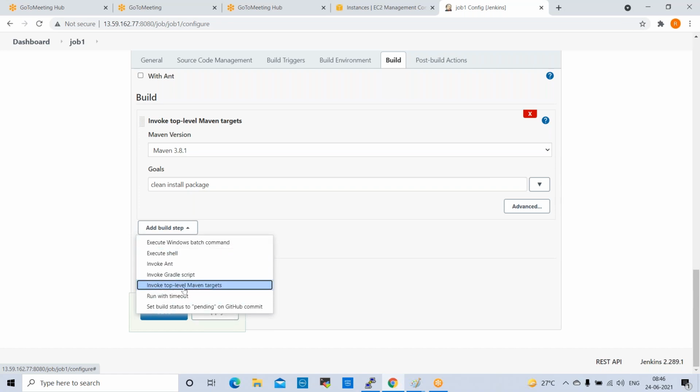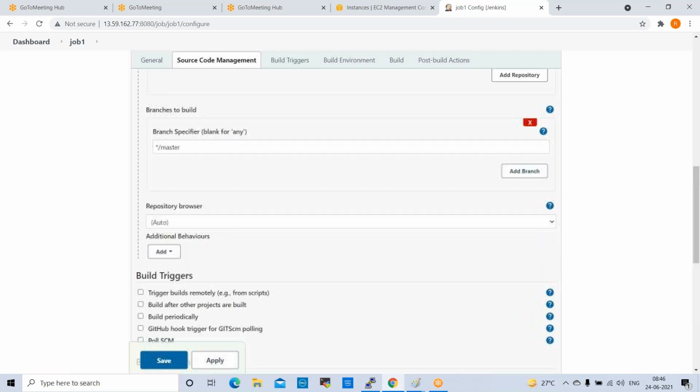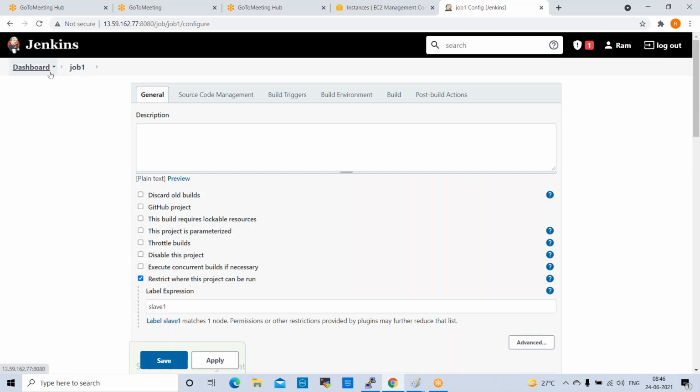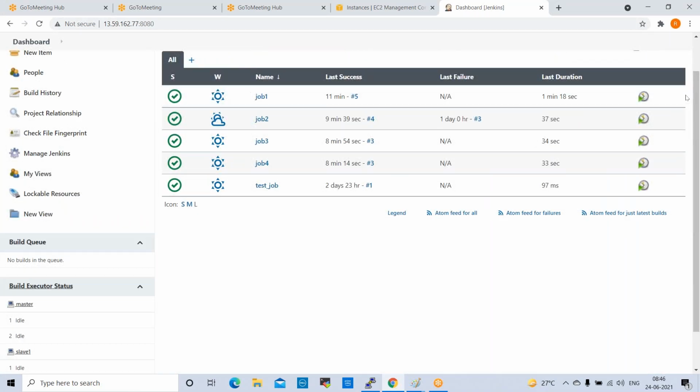Currently we are using invoke top level Maven targets. When we are working on Groovy script, we use the other one. I'll show you that on Monday, when we work on Groovy. Fine, so one more time we can run these jobs.